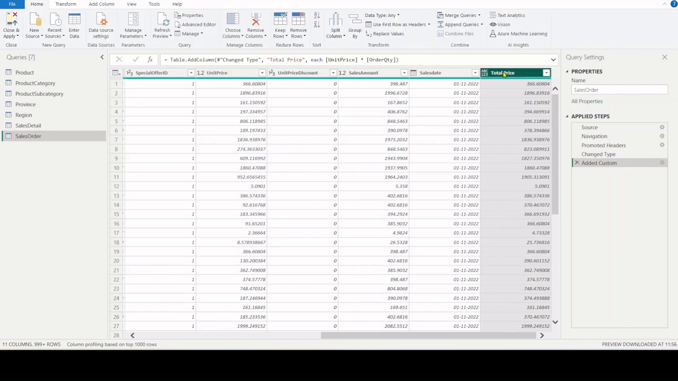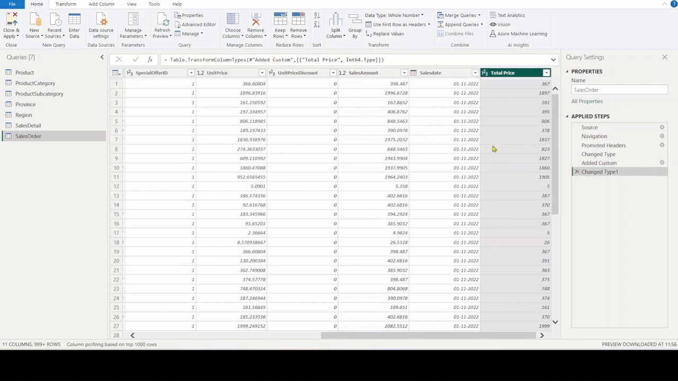It is very important to note that the data type of this column is not accurate. It is showing as ABC123. In order to change the data type, I will select this column. Then we will go to the data type option, and from there I can select whole number. And now we can see the data type of this column is changed. So this is how we can create a custom column in our table using